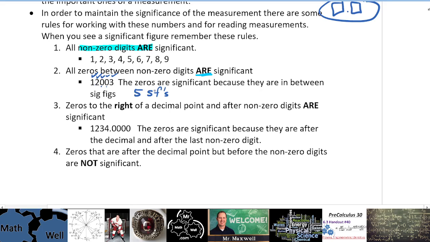Okay? On tests, if you state your answer without the proper sig figs, you will see this on your test. Minus 0.5 sig figs. Or minus 1.5 or whatever. So you will get marks docked off if you don't pay attention to the rules of sig figs. Okay? So if you always,